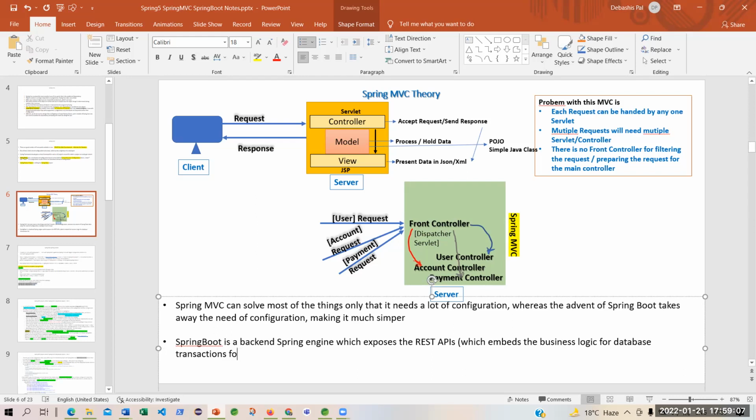You understand that. Spring Boot is a backend Spring engine which exposes the REST APIs for